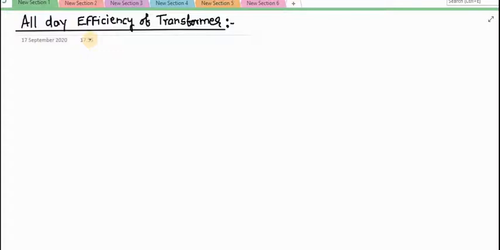Actually, the distribution transformers have their primary winding permanently connected to the power lines to give service to the consumer for 24 hours. Means this transformer is in running condition for 24 hours. Hence, in these types of transformer, the iron loss, which depends on the voltage and is of constant magnitude, is occurring throughout the 24 hours of the day irrespective of the load on the transformer.